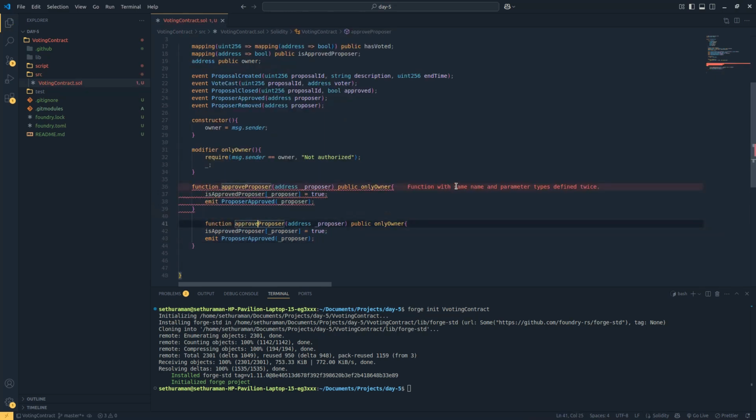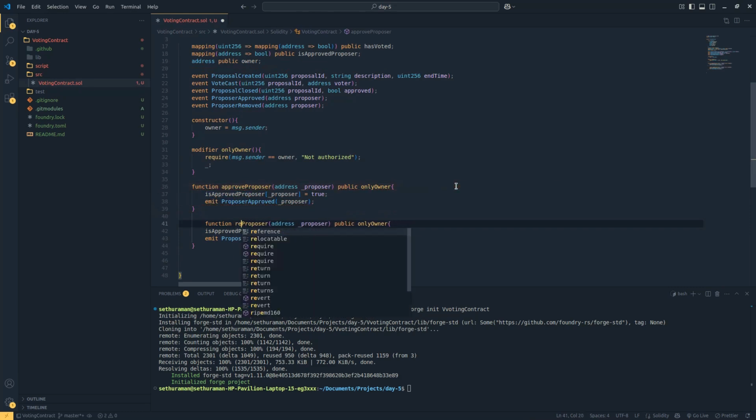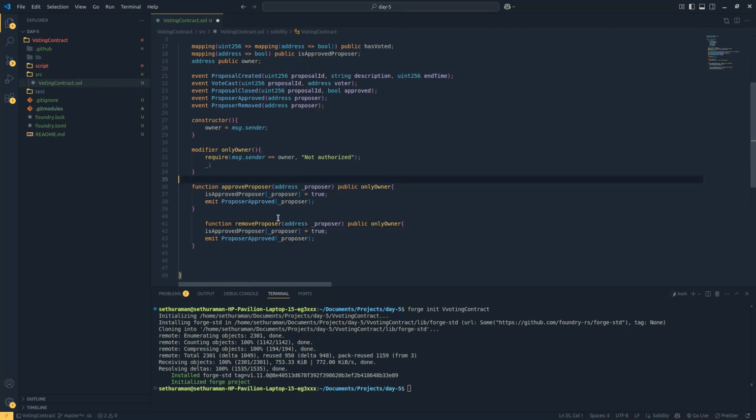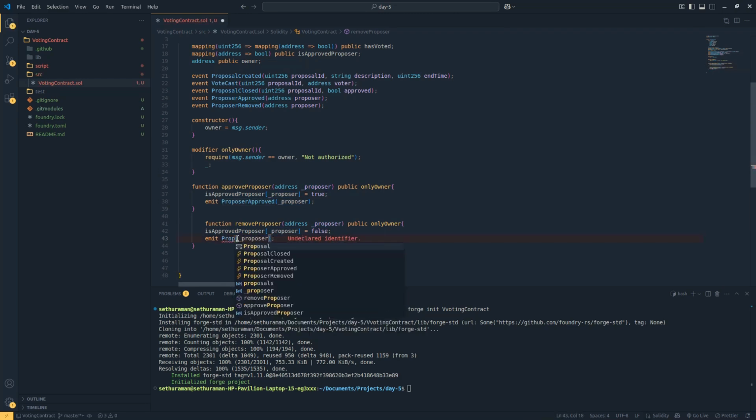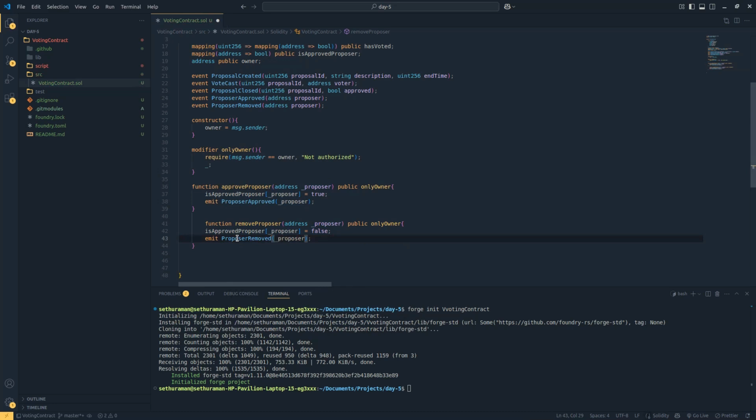Okay, so once this is done we can do the same thing and create removeProposer. It's going to be false, right? And emit ProposerRemoved, sorry, removed, right? So this is the whole process. We have two functions, approve proposer and remove proposer. Now let's go ahead and create